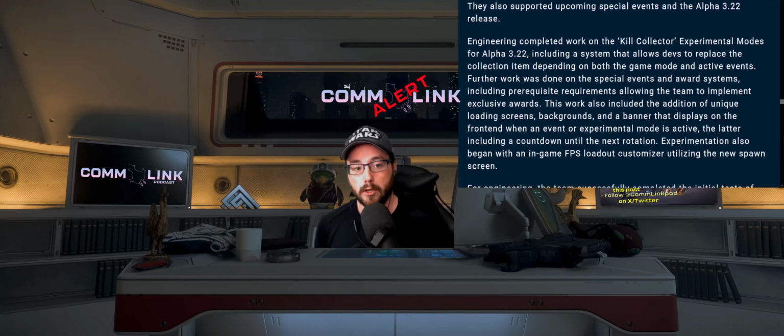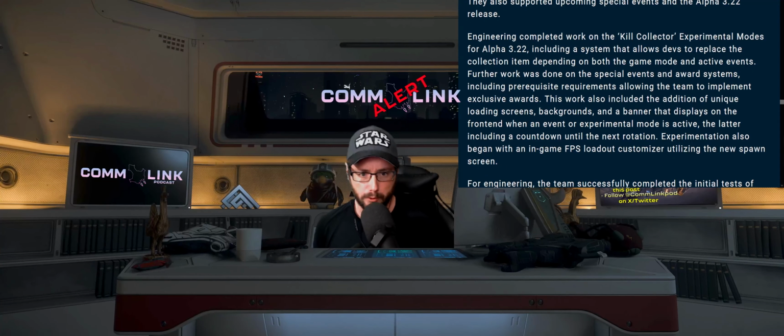Engineering completed work on the Kill Collector experimental modes for Alpha 3.22, including a system that allows devs to replace the collection item depending on both the game mode and active events. Further work was done on the special events and award systems, including prerequisite requirements, allowing the team to implement exclusive awards. This work also included the addition of unique loading screens, backgrounds, and a banner that displays on the front